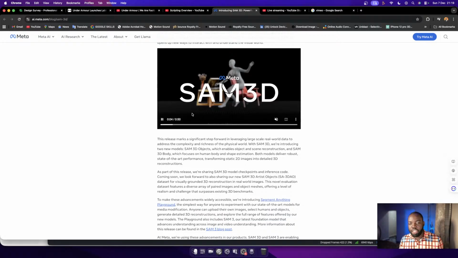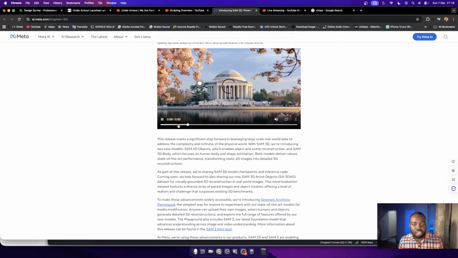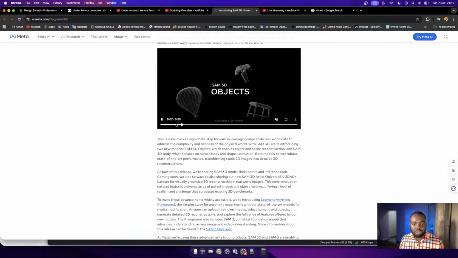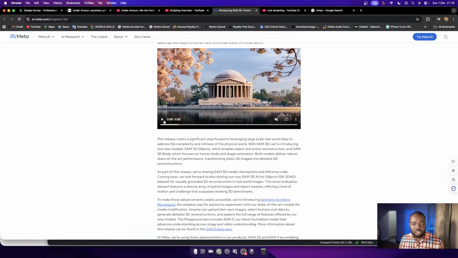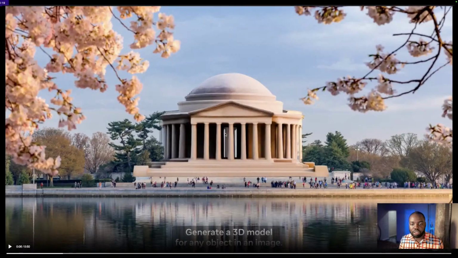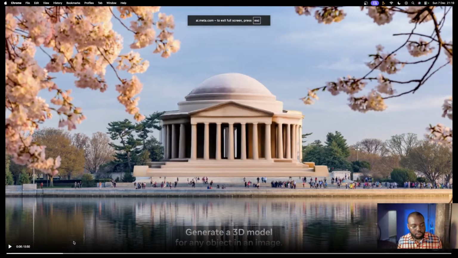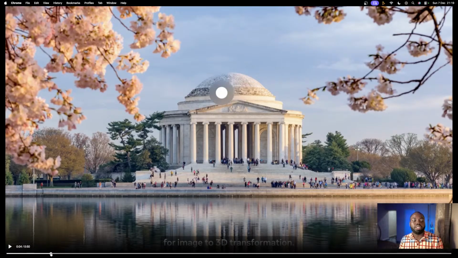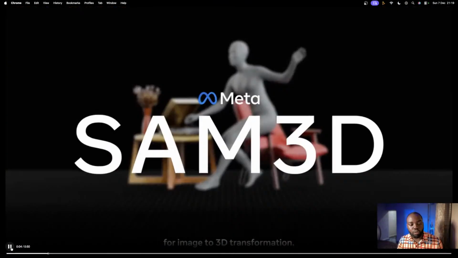So let's say you see a vase, or you see a building that you actually really like, and you want to incorporate its style in your workflow or anything.